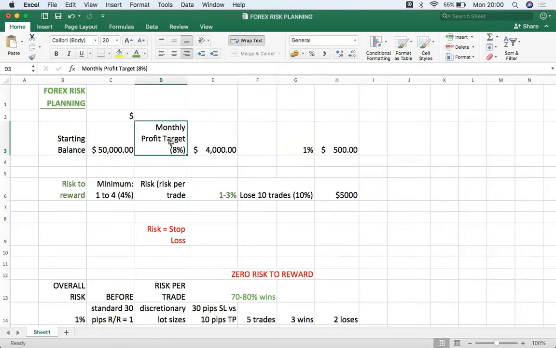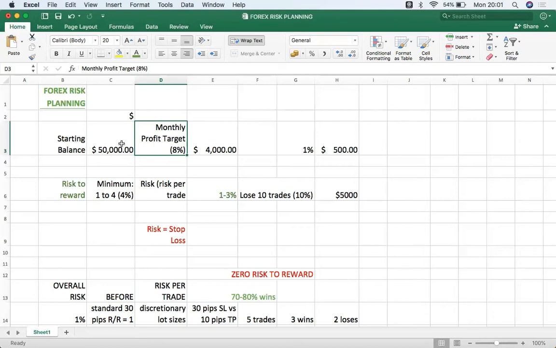I know traders out there who flip their accounts in a day or in a month, 100%, or even more than 100%. But I'm a conservative trader personally, and I like to give conservative figures that can actually be achieved. So with 8%, your target will translate to about $4,000, which, when you look at it vis-a-vis your starting balance or equity, is not bad. If you're making 8% a month on your 50K account, that's not bad. If it's a small account, that's like $40 on a $500 account. And for somebody with $500, $40 is not anything.